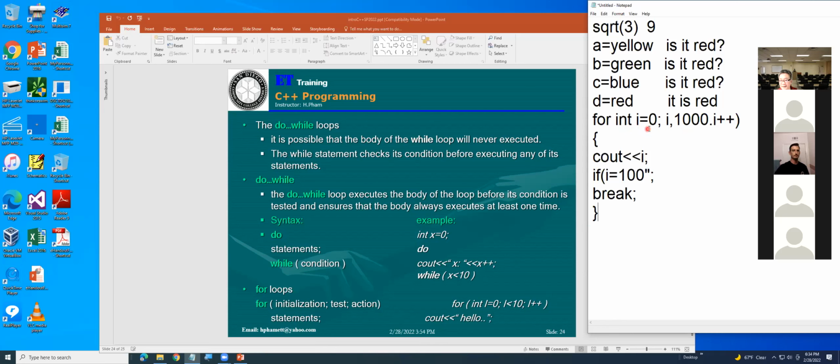So the first time i is 0, you do it, then increment i to 1, it's still less than 1,000, keep doing. This is the formula: for integer i equal 0, semicolon, i less than 10, semicolon, i plus plus. You have to follow it exactly. It cannot be different, otherwise you get an error.